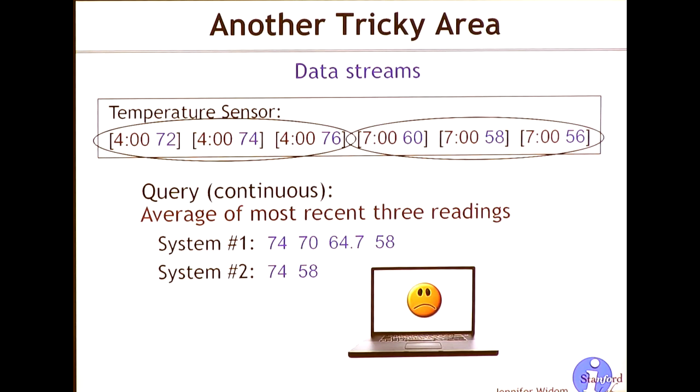So I would say this is an example that's really true to the present day, another example where the same query could be interpreted in 2 different ways, just like the original one we saw with SQL, and so it needs to be thought about. Partly what I'm focusing on is the fact that these data model and query language issues can be pretty tricky. And here's my last one, and this one's going to get pretty technical, so fasten your seatbelt. This is uncertain data, okay? And if it gets too technical, I'm almost done with the research part.